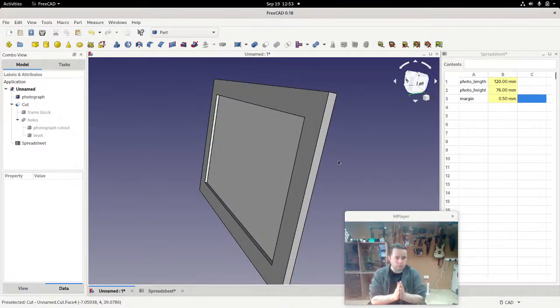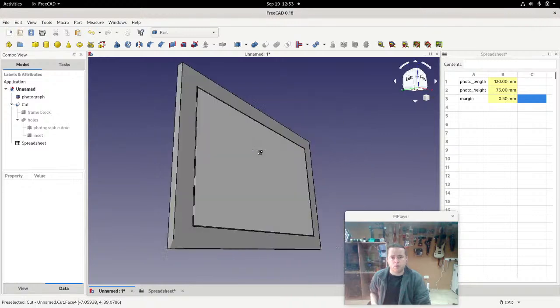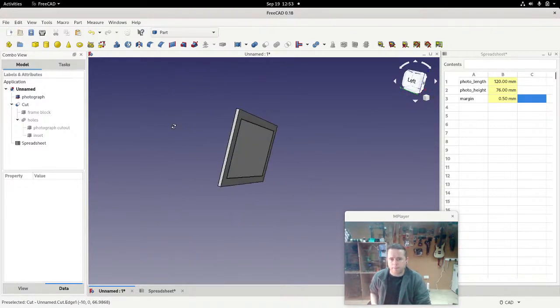Now, let's talk about just simple manipulation of. Actually, I'm going to make the back of it as well. That'll introduce some more shapes. So let's say I'm just going to do it quickly. I'm going to make a new